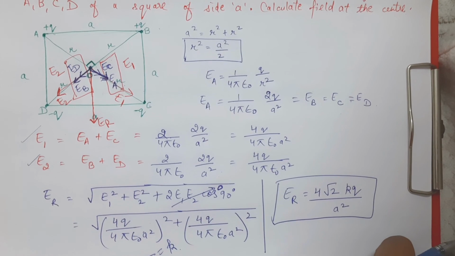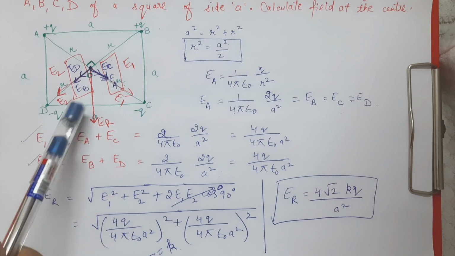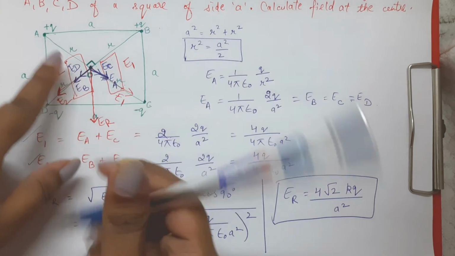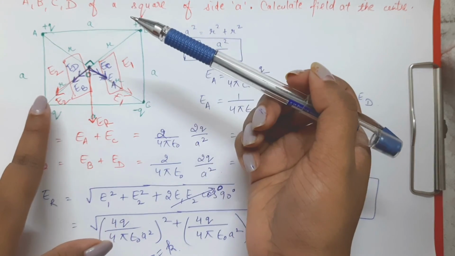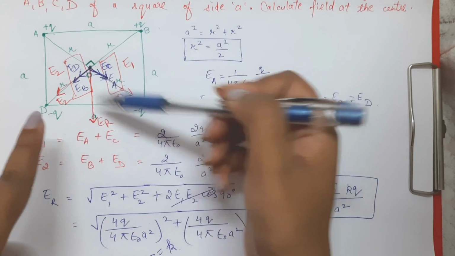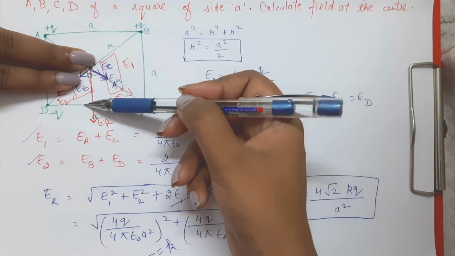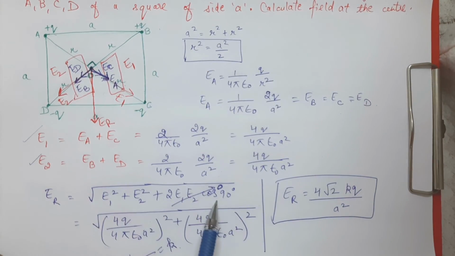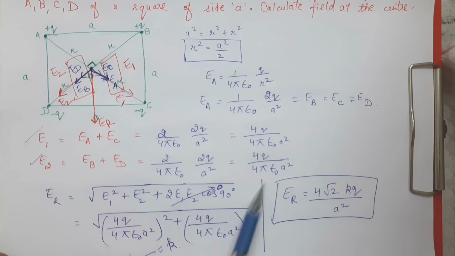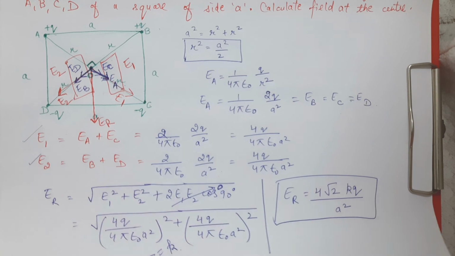So this was the system of 4 charges. Initially we studied the system of 2 charges. This is the system of 4 charges. We found out first the resultant. How we found: just first of all we found the directions of fields. We saw these two were adding up, these two were adding up. We added them both and we then found the resultant of these two fields using this formula, and we found the overall resultant as this one. Okay, so these are the two problems based on point charges.